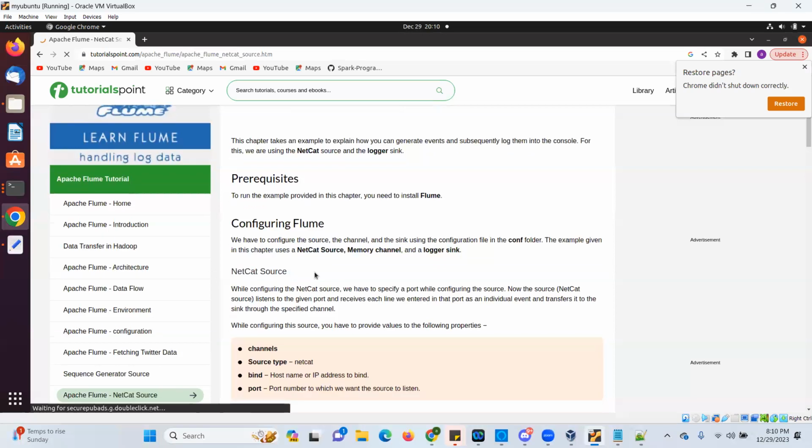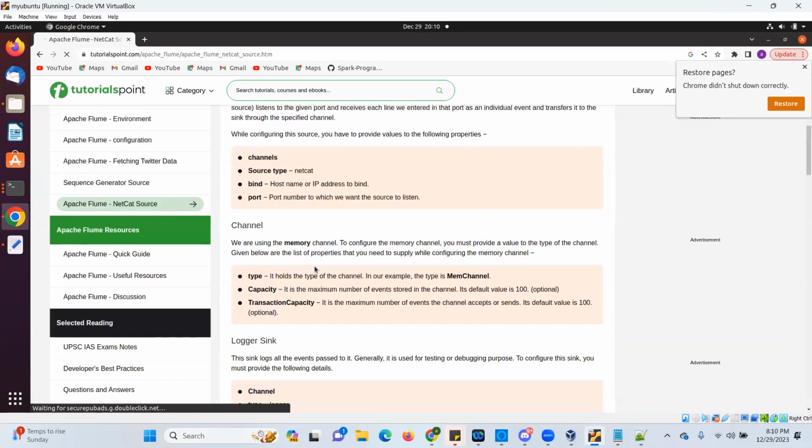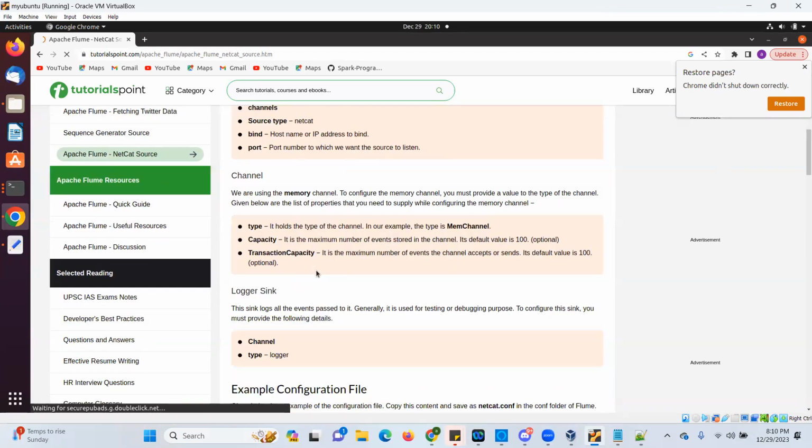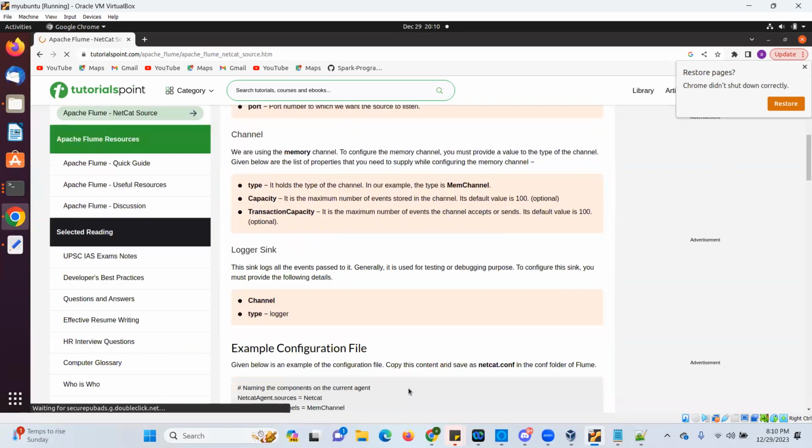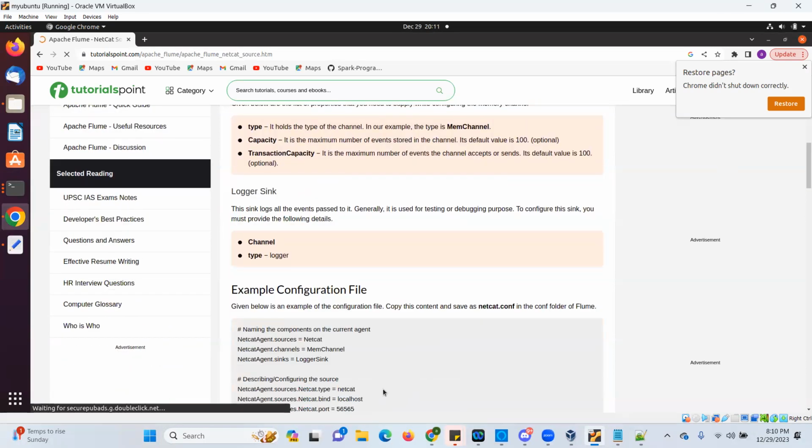So you can go through more of the properties of every type. So logger sink. Just we need to change our configuration file, and in the configuration file, we have to define